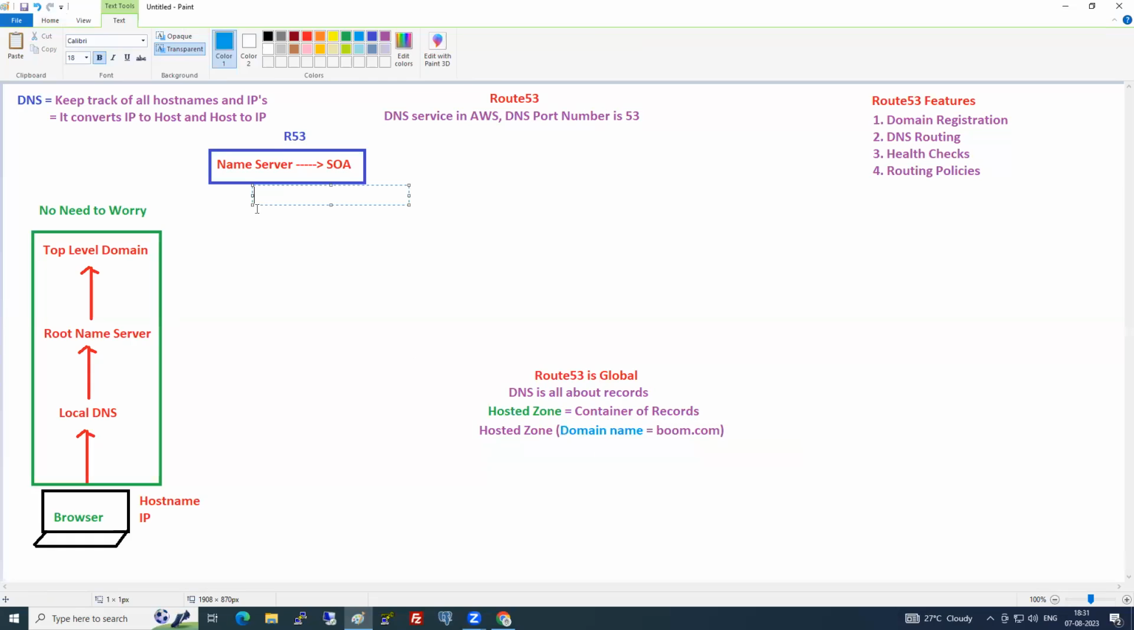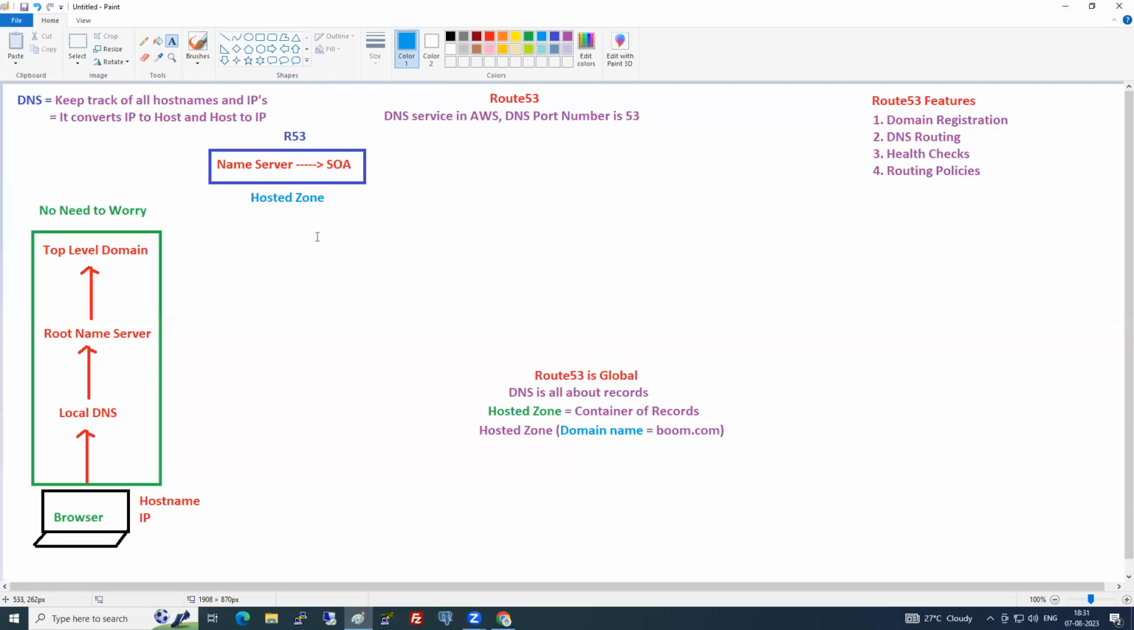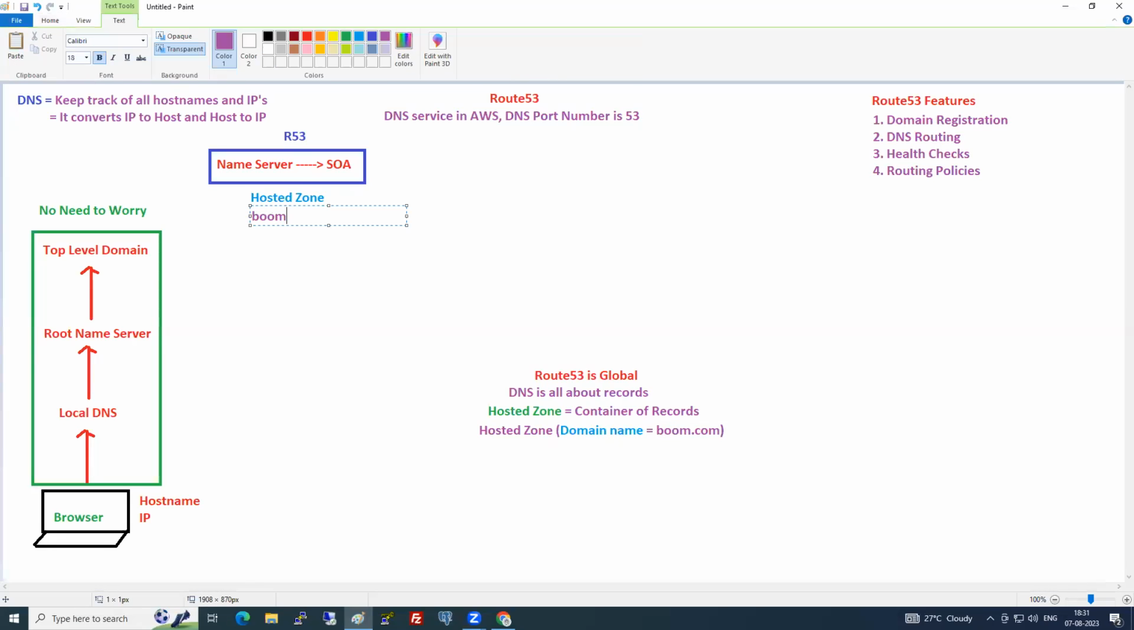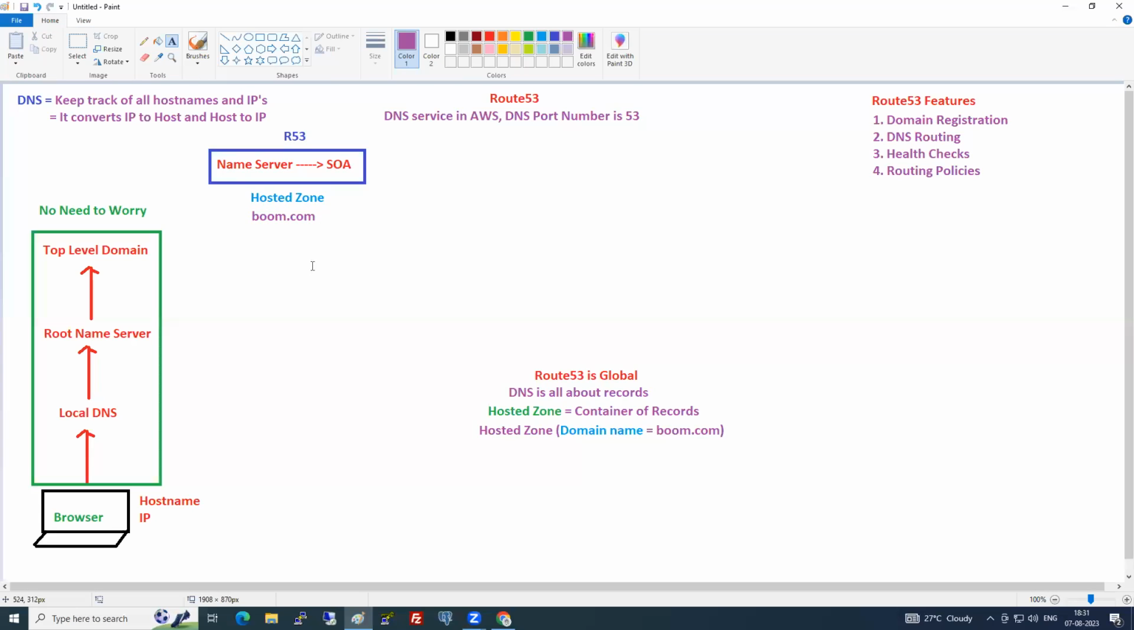So in Route 53, what do we create, Nana, here? In Route 53, what is the first thing that we create? Hosted zone we create. So what is the name of the hosted zone? Domain name. So can I say boom.com here? Yes. So hosted zones are of two types. How many types of hosted zones are there? Two types, Nana. Number one, we call it a public hosted zone, and number two,